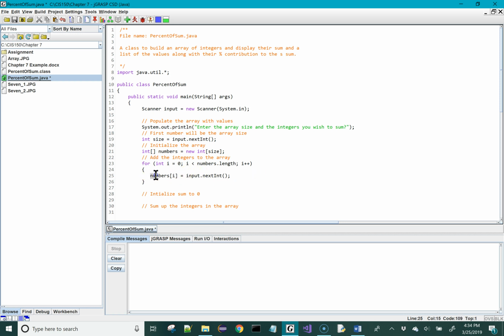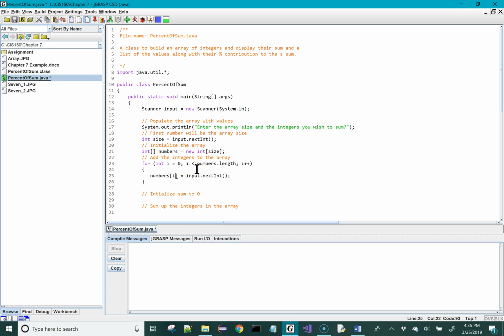Basically what we're doing in this statement on line 25 is iterating through the input provided by the user, and storing the values that were entered into each one of our array slots. We start at position 0. Next time through, we'll store whatever number was entered second in position 1, and so on,